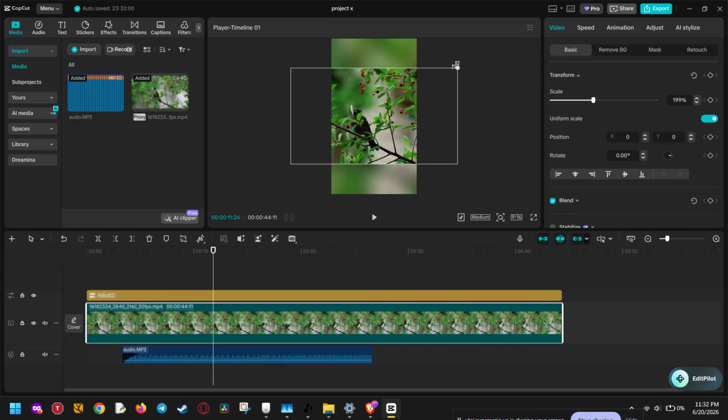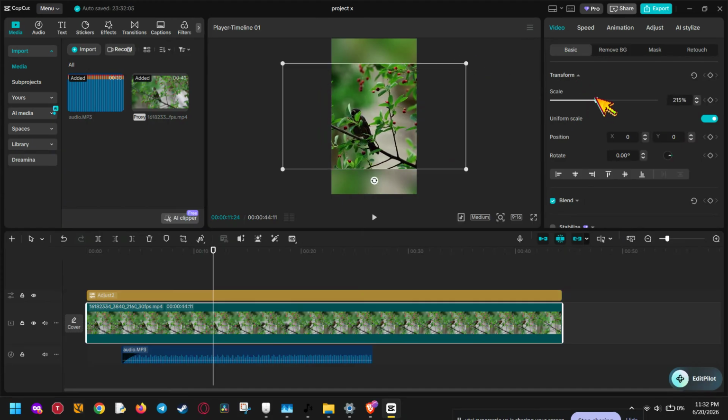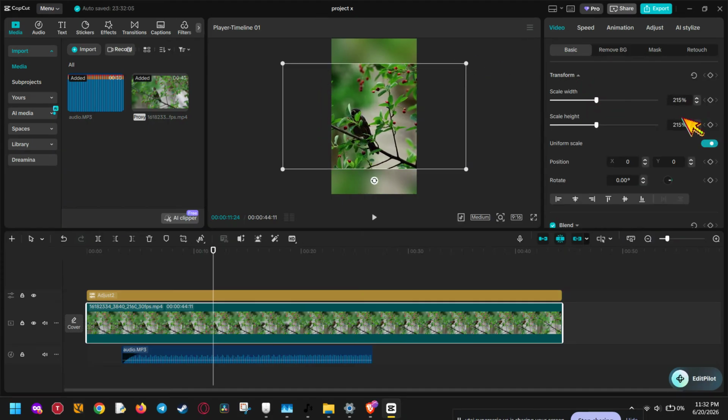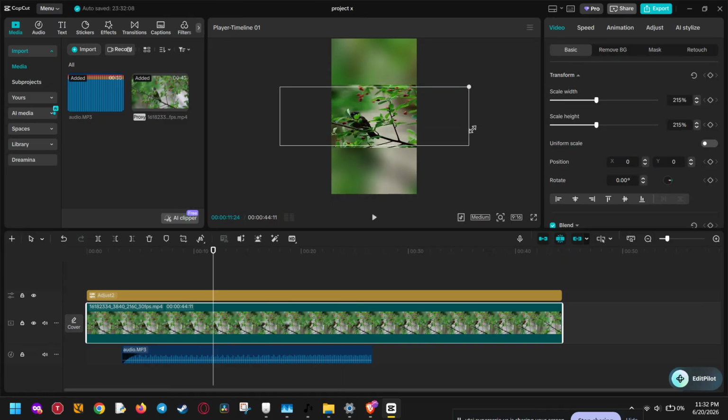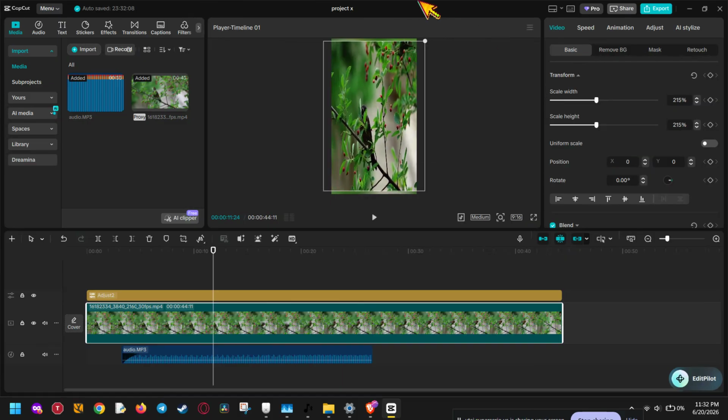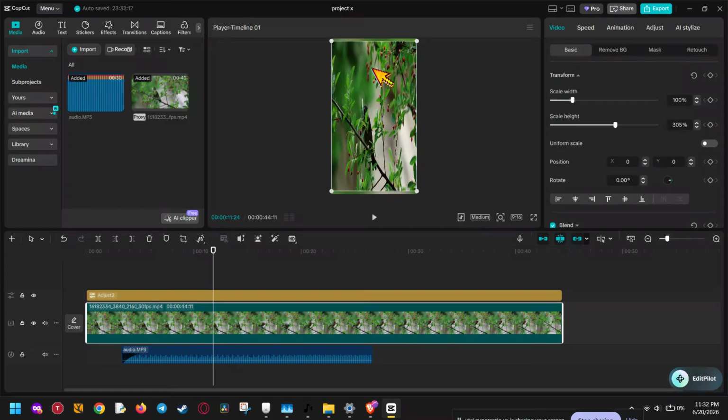If you want to stretch the video without keeping the original proportions, you can use non-uniform scaling. In the Basic panel, uncheck the Uniform Scale box. Once that is turned off, you'll be able to pull the side handles in the preview window and stretch or squish the video by width or height independently. This can be useful for creative edits, although you should be careful not to distort your subject too much, unless